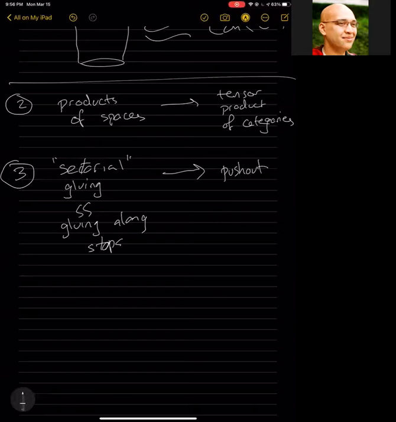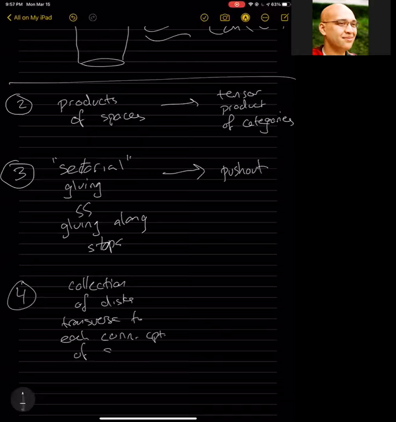And that's principle 3. And then maybe the fourth principle is that a collection of disks transverse to each connected component of the smooth Lagrangian locus of the skeleton